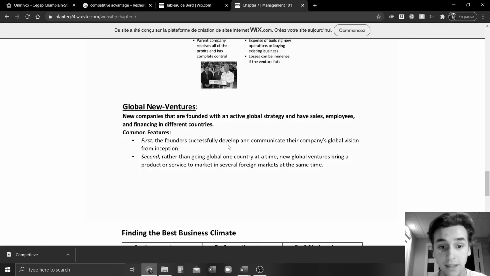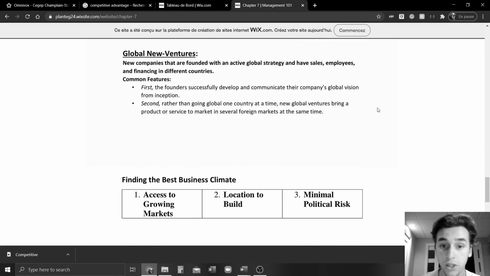Global new ventures, as I said, are companies that are founded with an active global strategy and have sales, employees, and financing in different countries. The common features: first, the founders successfully develop and communicate their company's global mission and vision from inception. It is very important because you don't have everyone in your company, you have to manage a lot of different